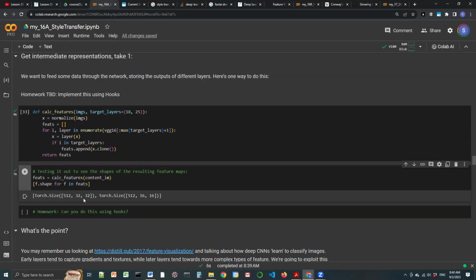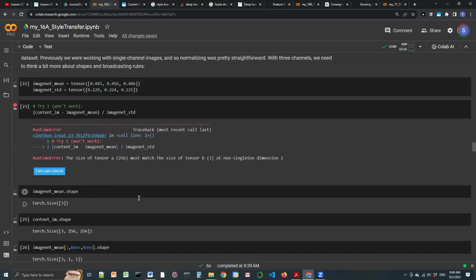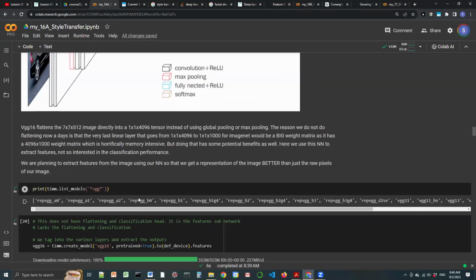Remember, there's no batch size here. There's just a single image. So the first part is just channels by height by width, and this is channels by height by width. The two places where we have captured in 18 and 25 are the 32 by 32 size and 16 by 16 size. Right? So we have captured it